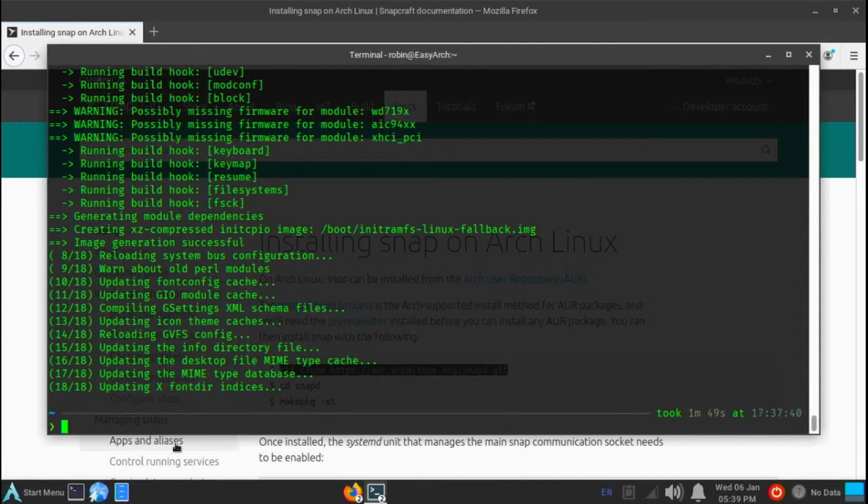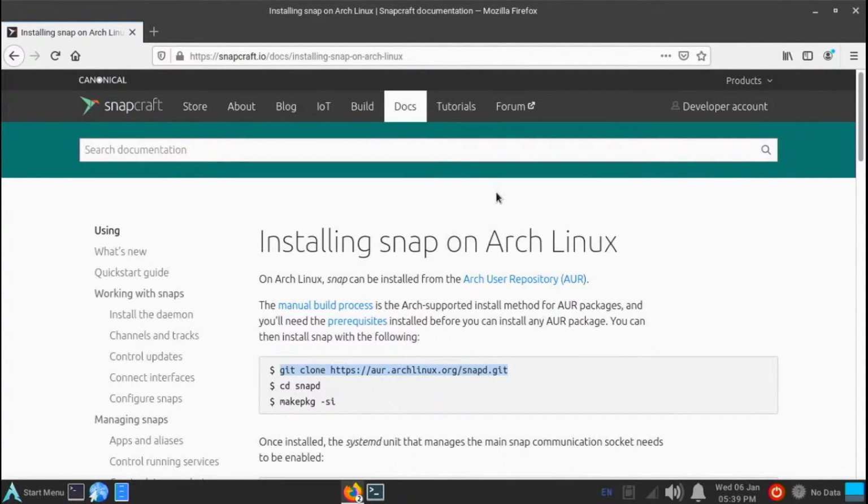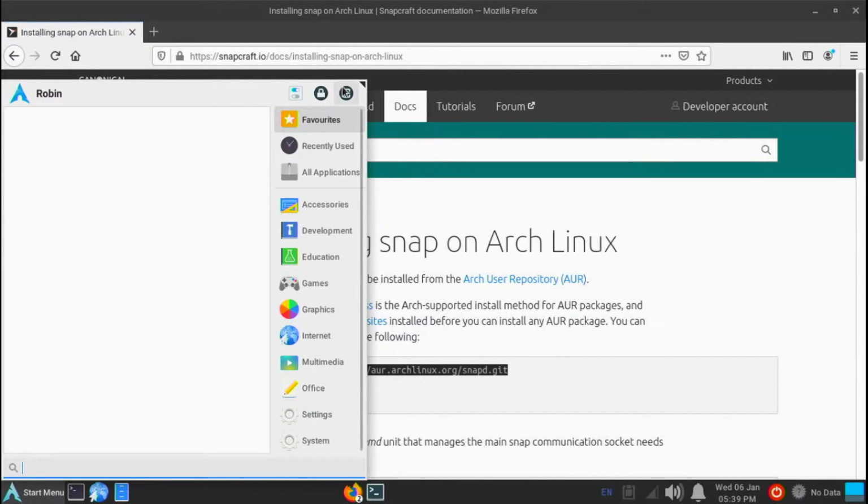Great. Okay, so we've installed Snap. Let's just quickly see if I can do a sudo snap install Spotify. Cannot communicate with server localhost. That's probably because I've still got the package manager open, or we might need to do a restart. I think that's probably what that is. Anyway, if we now log out of the XFCE area,